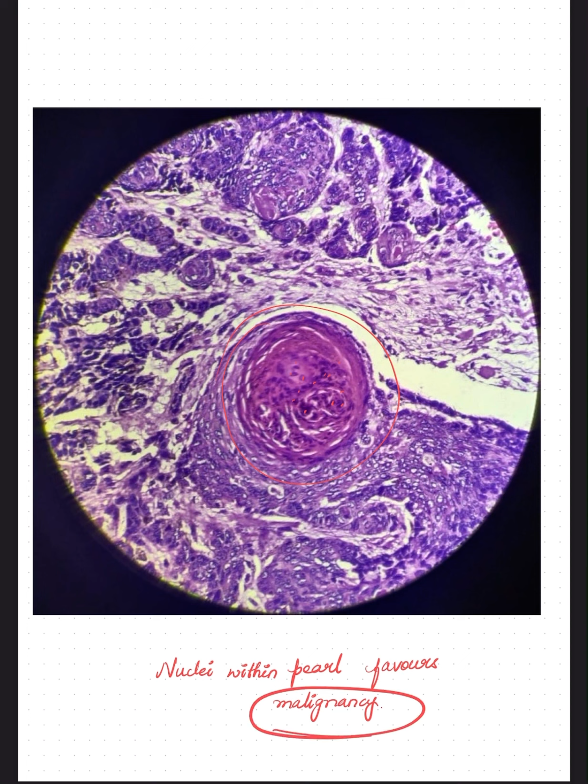Hence the characteristic features like the cribriform pattern within the nest, the presence of retraction artifacts, and the nested pattern, all this favors adenoid variant of basal cell